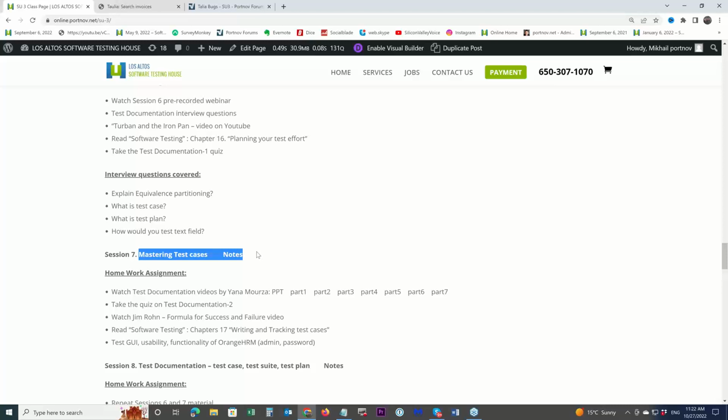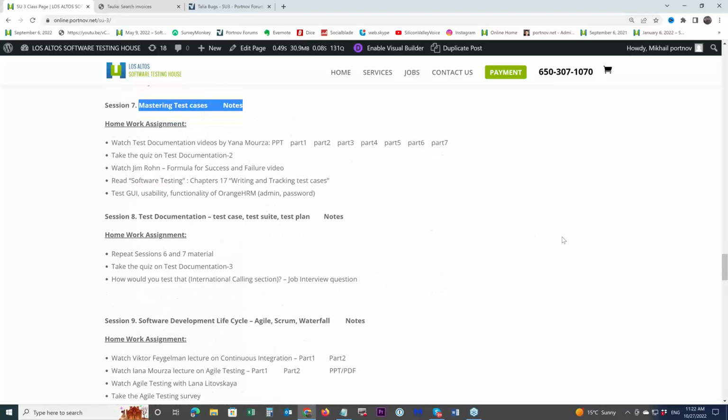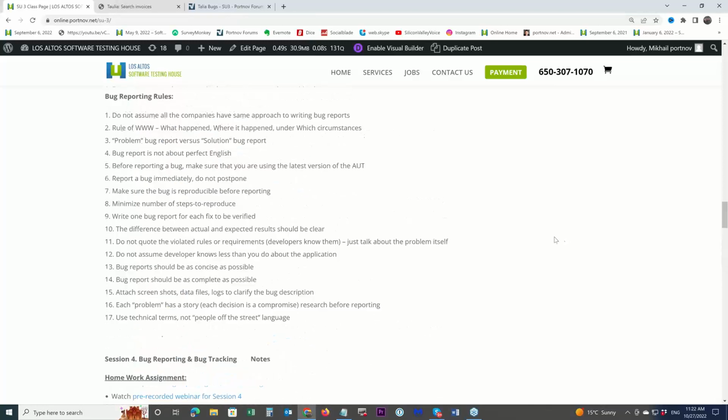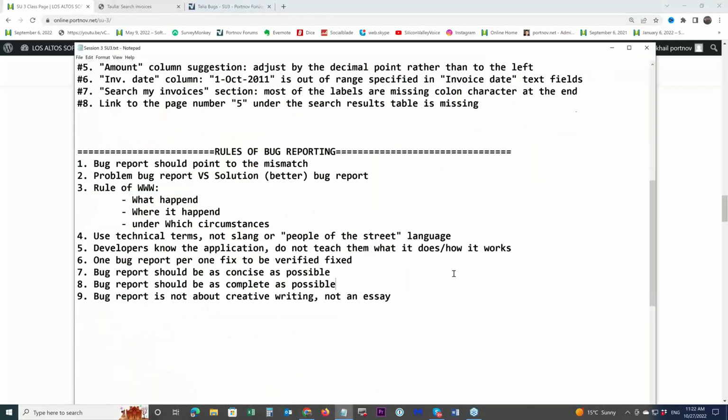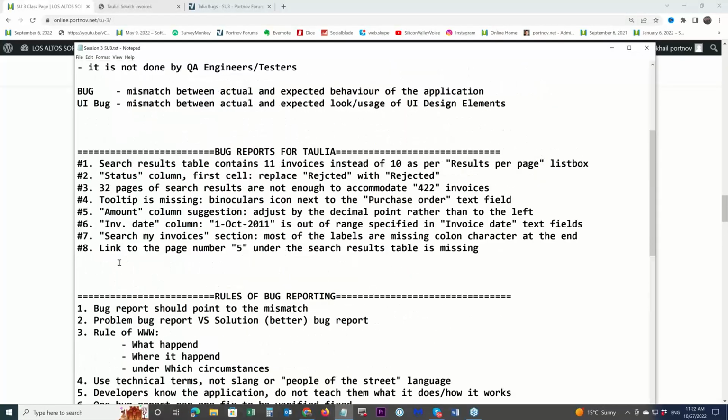And all you need is a basic idea of test cases and bug reports, so you can actually build practical skills. Okay, we have 8 bugs. Okay, let's do 2 more bugs.